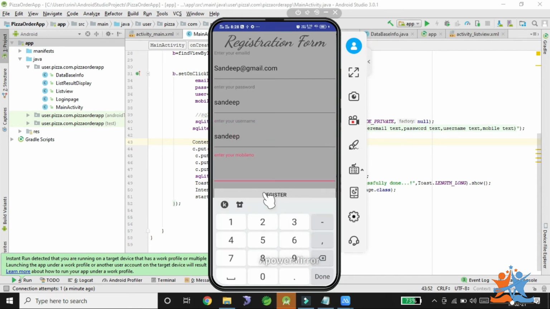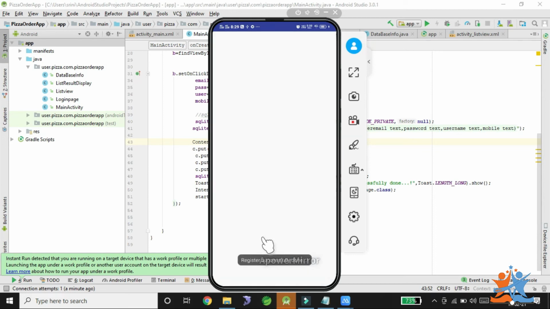username and mobile number. So whenever you select the mobile number, it gives the keypad, like any mobile typing. So 7416, sorry, 99948457532. So this is my mobile number and click on register. If you register, you can get the message registration done successfully. Here you can get the message and it needs to redirect to another page.